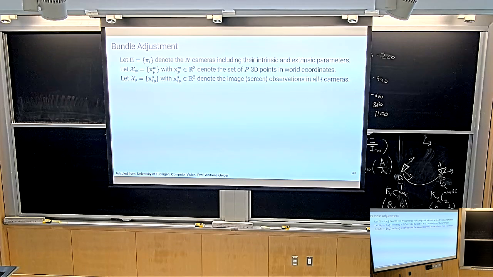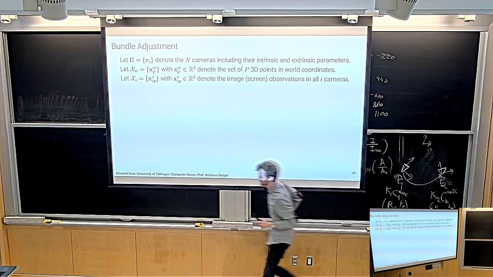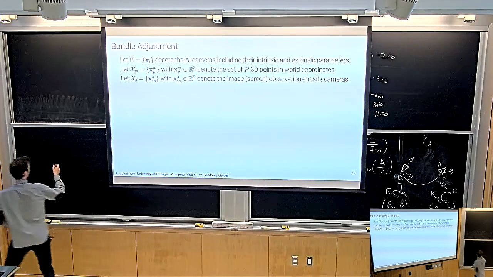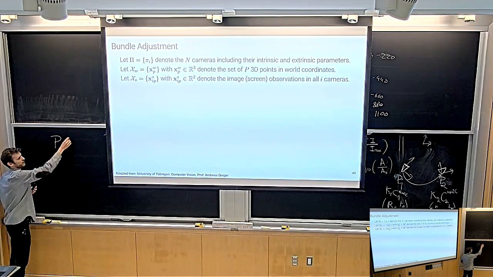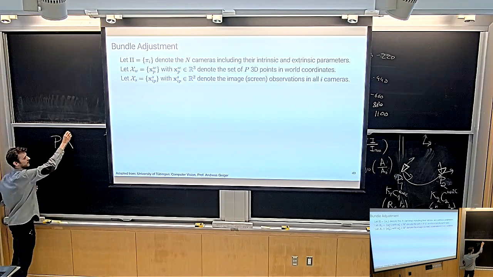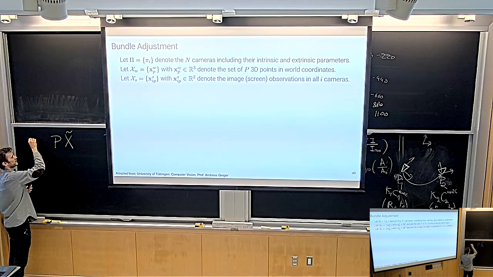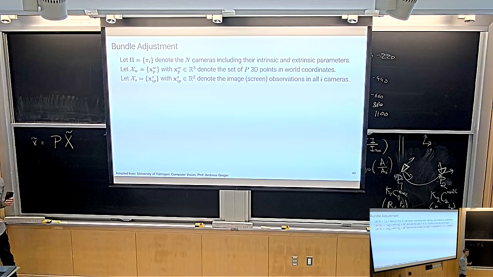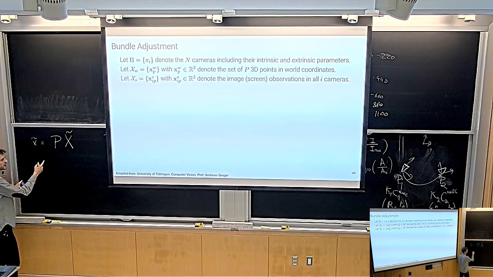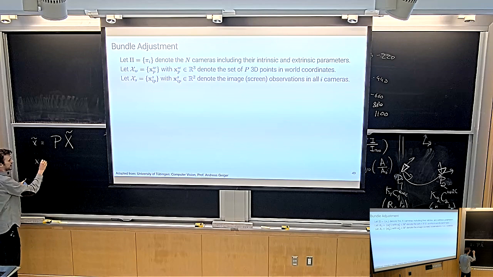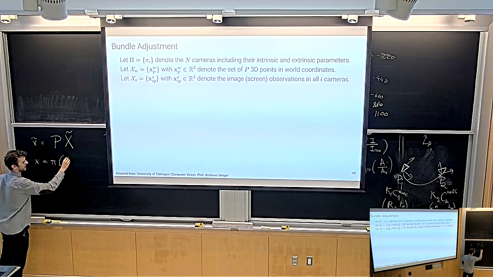I actually don't know why people started calling it pi, but oftentimes the projection operator. We had this matrix P that, if you multiply it with the 3D world coordinate in homogeneous coordinates, would give you the pixel coordinate in homogeneous coordinates. Remember? So oftentimes this operator is denoted as pi. People write like x equals pi of x.